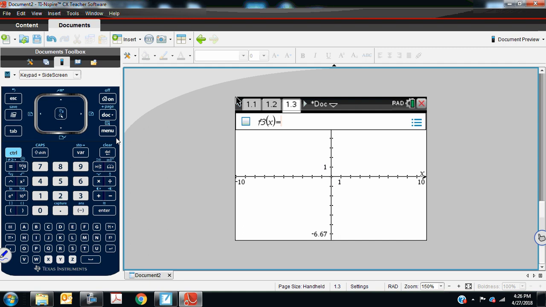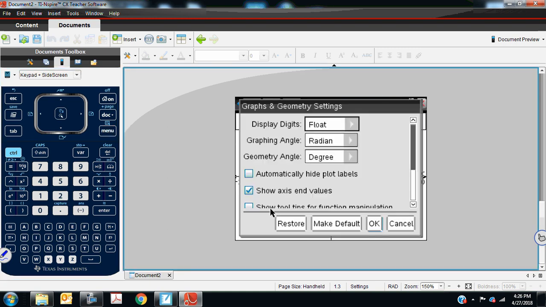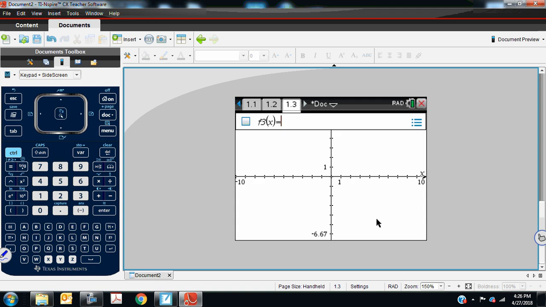So once the graph is added, go to menu. And there's settings down here, which is in a different location from the other settings. Here we can see graphing angle is radians. Geometry angle is degrees, and that doesn't matter at all. So the graphing angle being in radians is what we want. We can go to OK, and then we can graph what the right side of this function was, which was